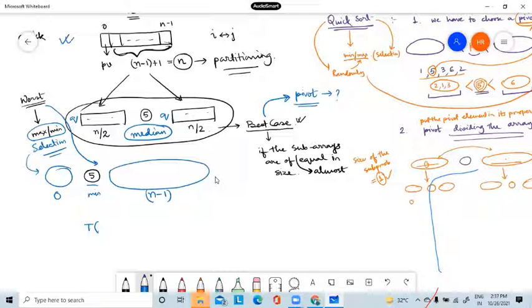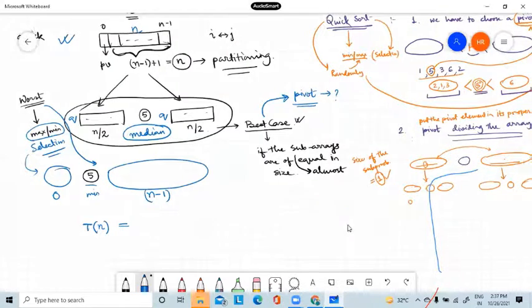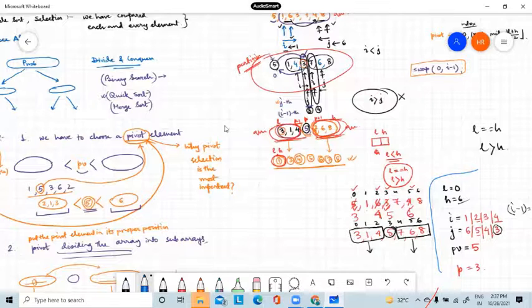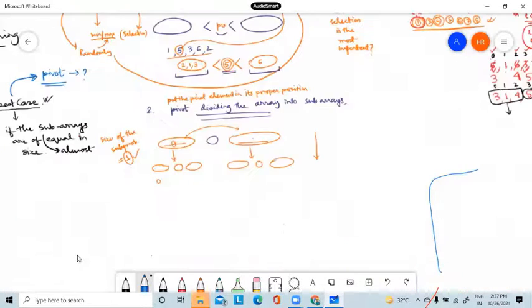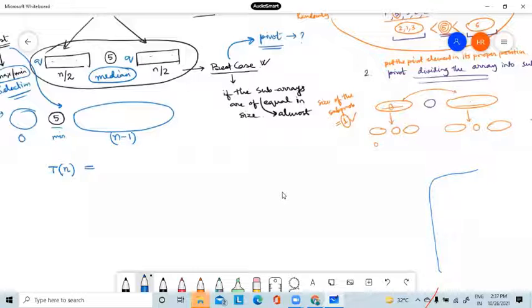So this is my first quick sort, for n number of elements. So T of n is the time complexity to sort n number of elements. For doing this, if you see the algorithm of the main quick sort, I have done three things. First, partition. Second, one quick sort. Third, another quick sort. So if I convert it into time complexity, it will be like this. So total time required to sort n number of elements.